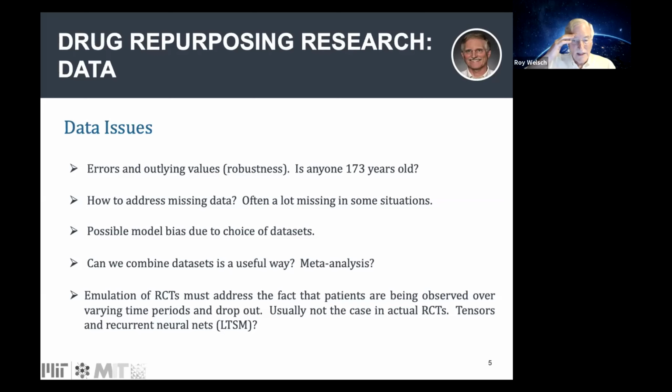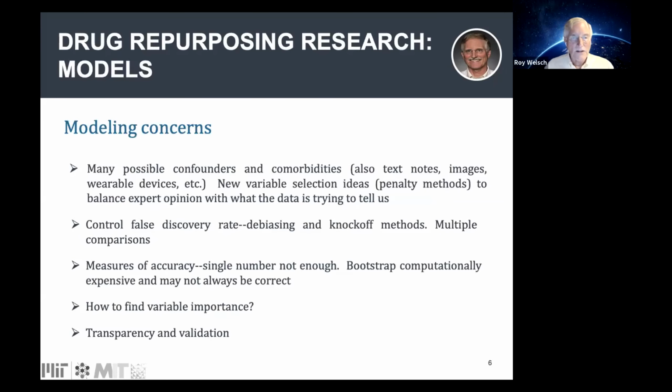And then emulation of randomized clinical trials, we have to address the fact that patients come and go varying time periods, they drop out, they come back and so forth. Usually not the case in actual RCTs where it's tightly controlled. So we're looking at tensors to put another dimension in, and various machine learning procedures like recurrent neural nets and LSTM. So the modeling concerns, we, as I said, have many possible confounders and comorbidities, and as we go along,